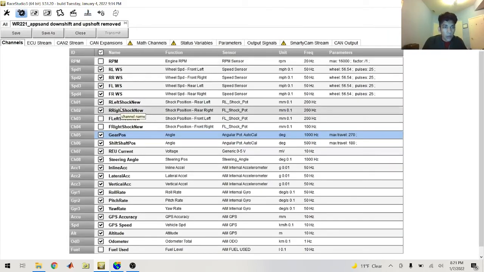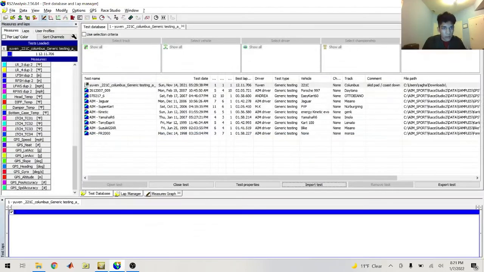Okay, so now I will go over the analysis software. You can also click this button here to go to the analysis, but I'll just have it open here. So this is Ray Studio Analysis. Maggie is actually going a lot more in depth into driver training and the data required and stuff like that. I will just be going over the software basics of what the certain buttons we use are and kind of